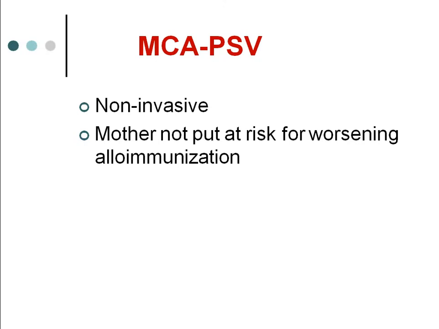So the first thing, as I said, the gold standard is the indirect Coombs test. Second is ultrasonography. And the third and most important is the Doppler study. In the Doppler study, you see the velocity of the blood. This is basically the velocity of the blood inside the vessel.